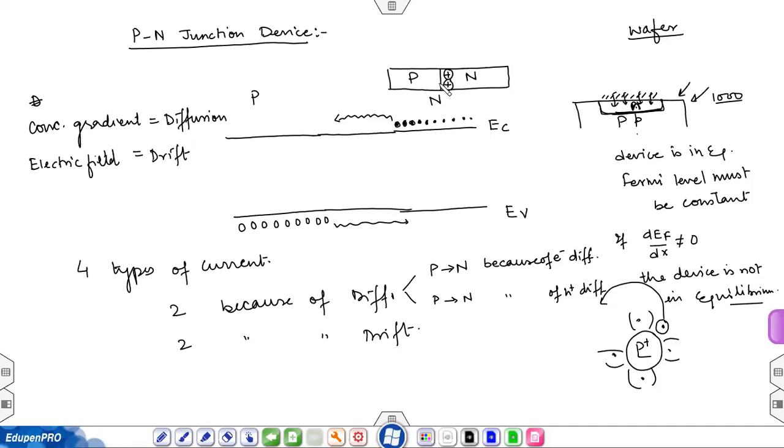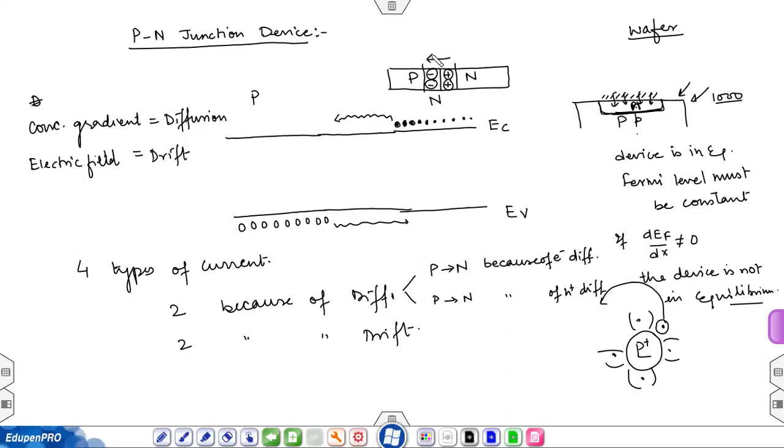The another electron moves from n to p, another positive donor ion leaves behind in the n. Similarly, when the holes go from p to n, they leave behind an acceptor ion. When another hole moves, it leaves behind an acceptor ion. Okay. Because of this fixed positive and negative charges, there is an electric field. And what is the direction of electric field? N to P. N to P. Very good, because it's plus to minus.